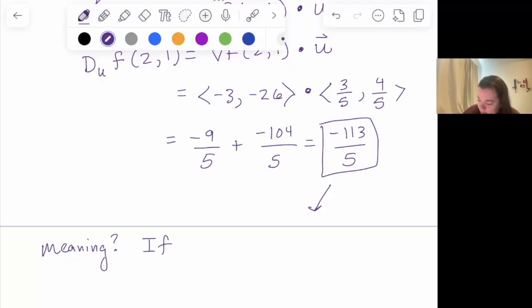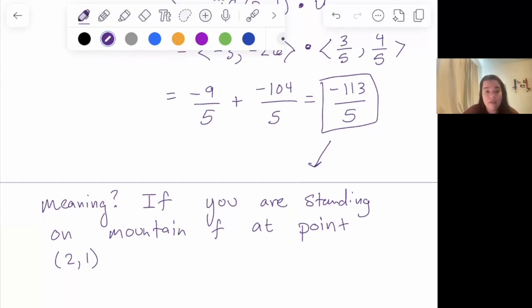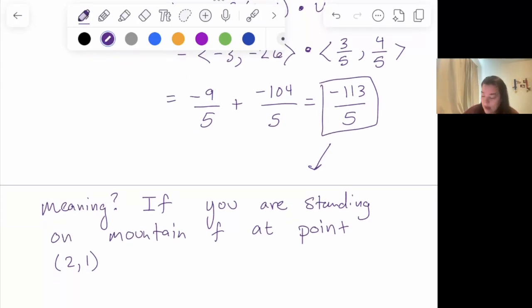If you are standing on mountain F at the point 2, 1, and you walk